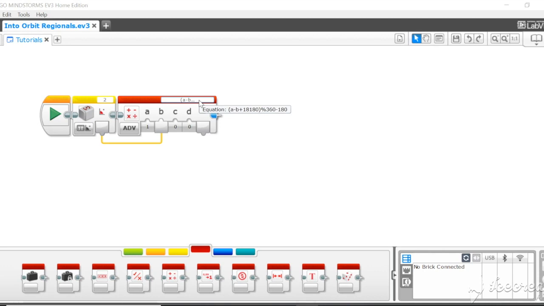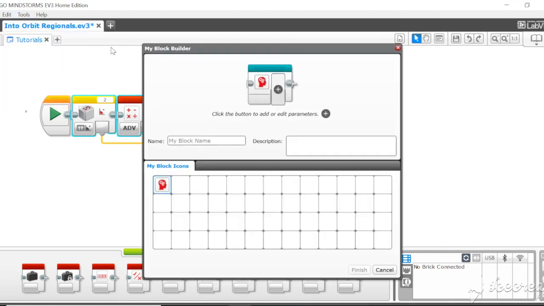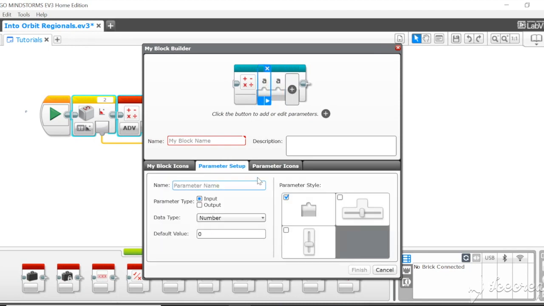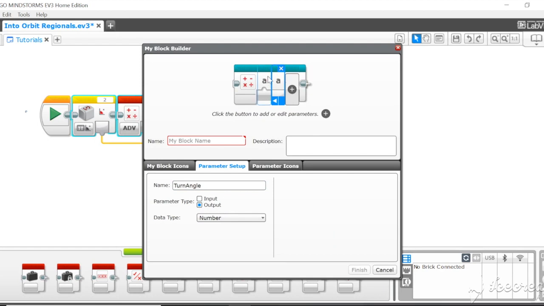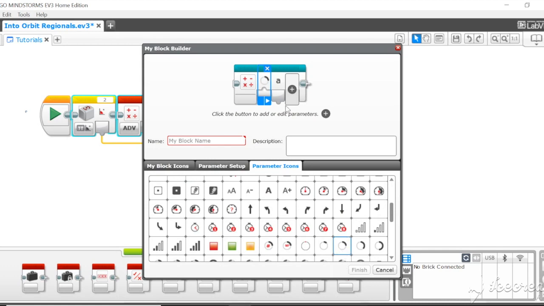From here, we can make it a my block with one input and one output, going to Tools, My Block Builder, and adding an input and an output. We use a math sign for this as the icon, and so the input should be wanted direction, and the output should be turn angle, and the way you change into an output is just click the parameter type and set it to output. And what you can do is you can give the parameters icons. So what we're going to do is we're going to give it a quarter circle for the input and an arrow or curved arrow for the output. Then all you have to do is give it a name. So in this case you'd make it turn calculation,